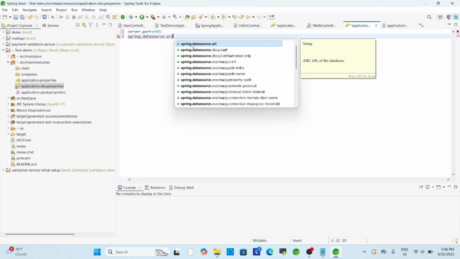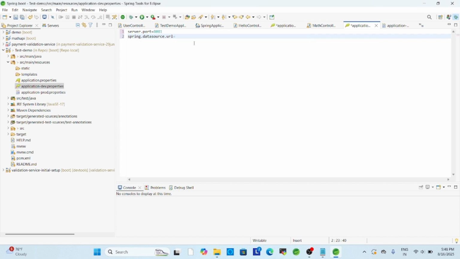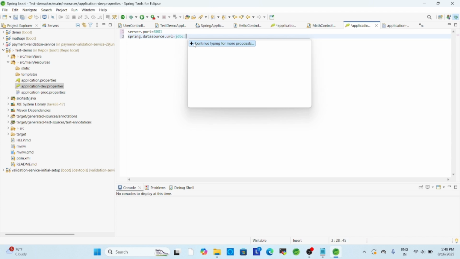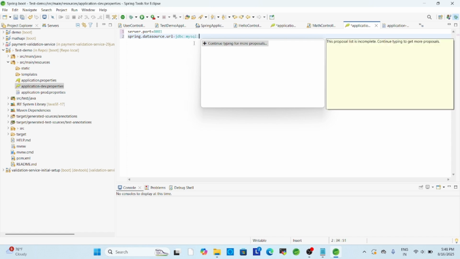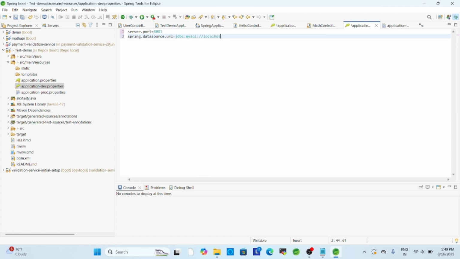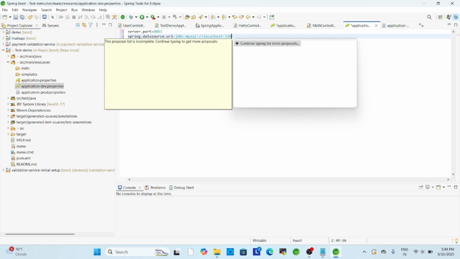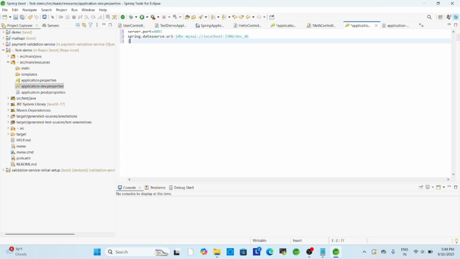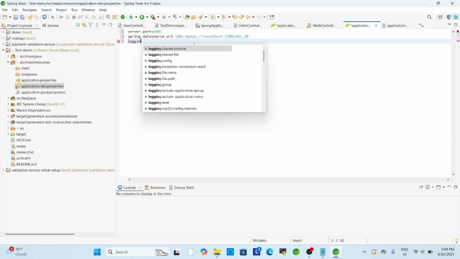We will configure the Spring datasource URL to this one, and we will configure the logging level to